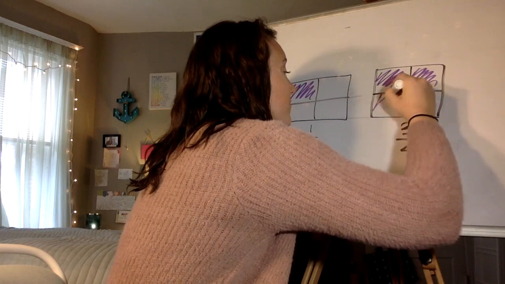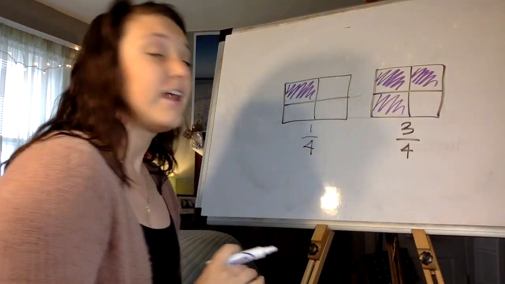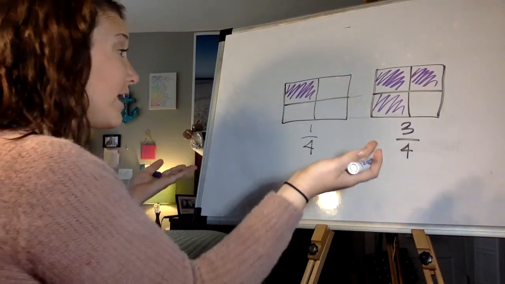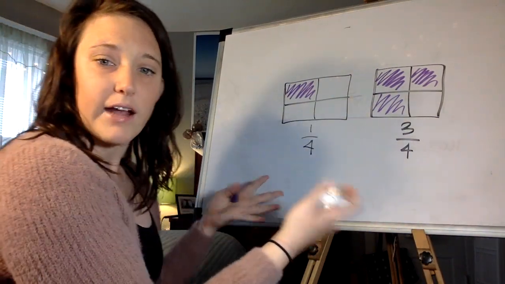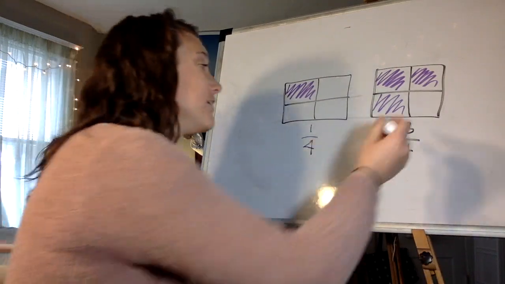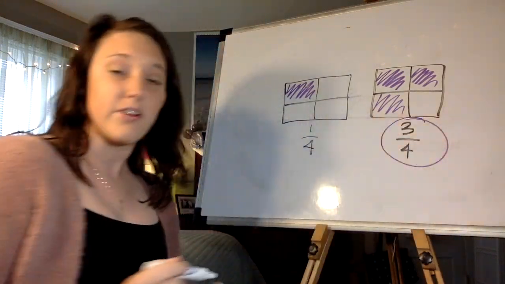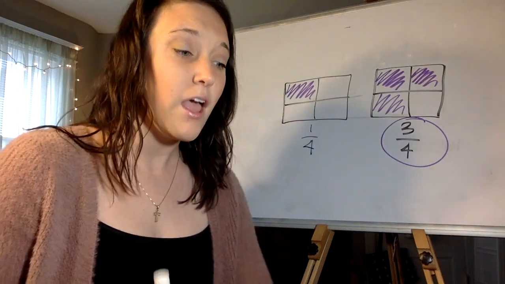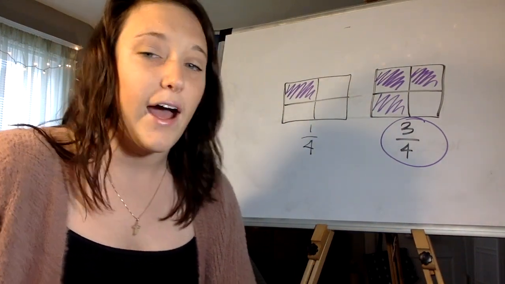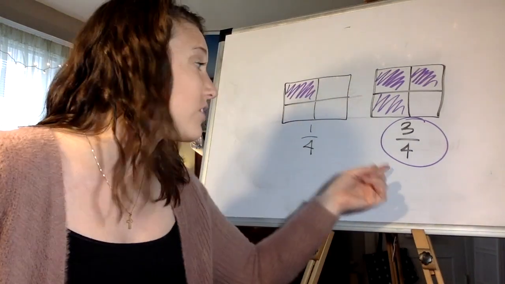3/4, and this one, and then I need to circle the greater fraction. Well, when I'm looking at them both side by side and I'm comparing them, there are more squares shaded in here, so I'm going to circle the 3/4. And that's what all of 11.4 is really talking about, how we're going to compare fractions by looking at the